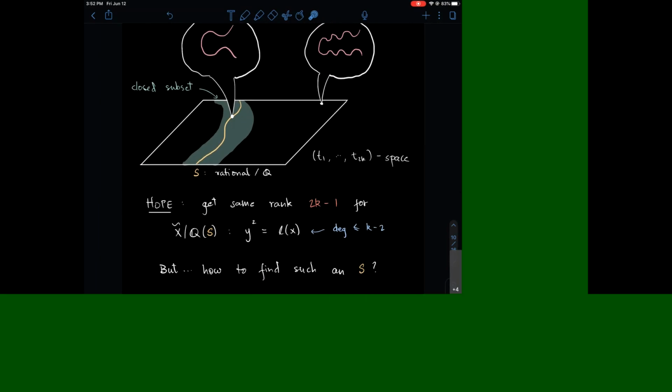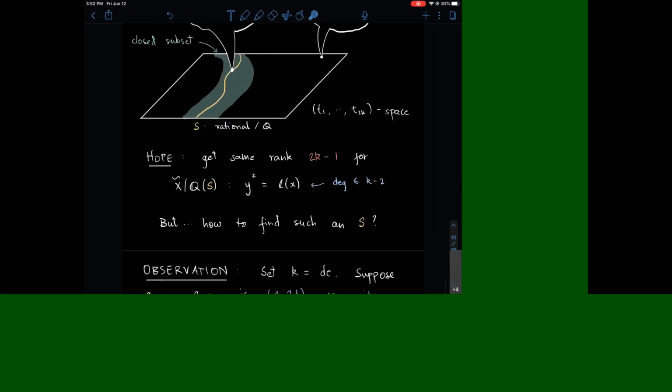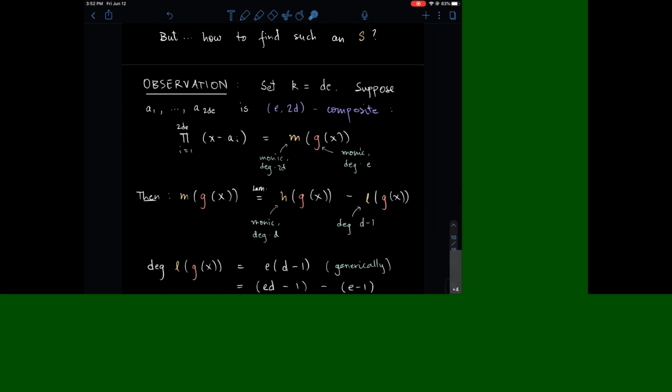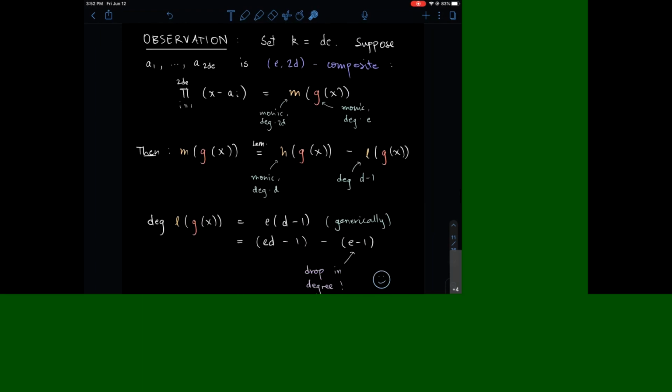If you look at the equations for this closed subset, it's quite confusing. It's not clear to me how one might go about finding a rational point on that thing. And so really the fundamental observation on which this entire talk hinges is the following observation, which is: